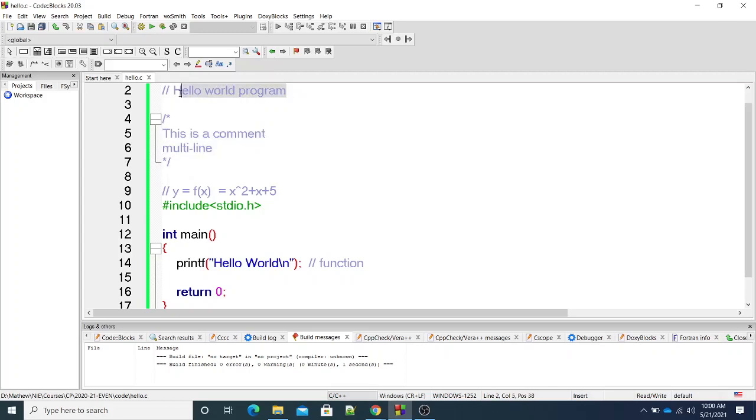So here what we are going to learn is the syntax, or the grammar, or the rules in this language. When we learn English, we learn the alphabet, then words, then grammatical rules.